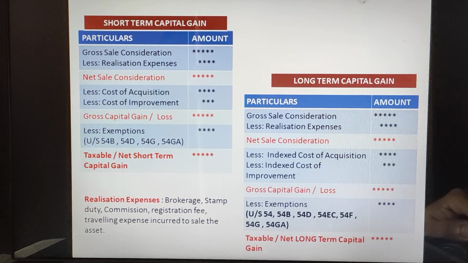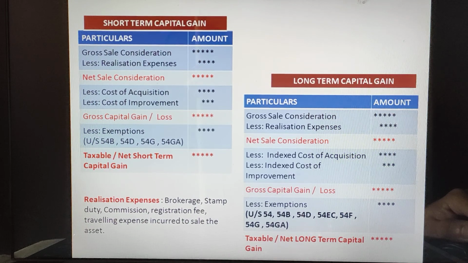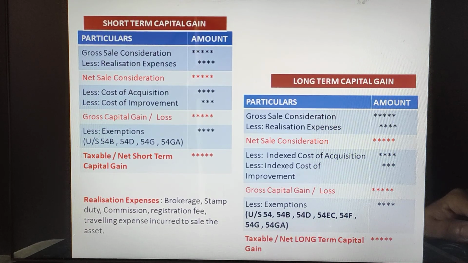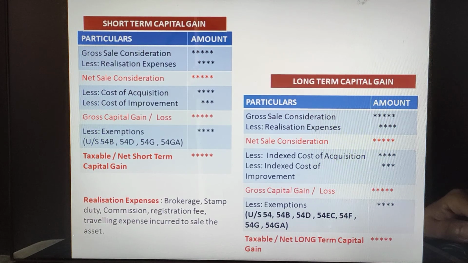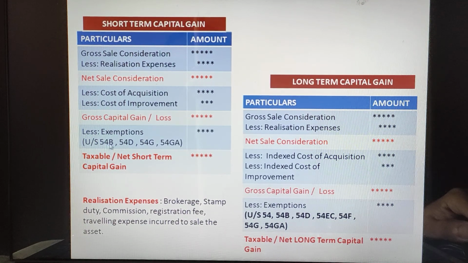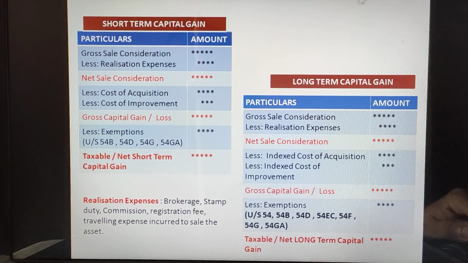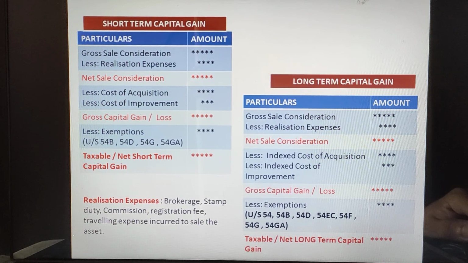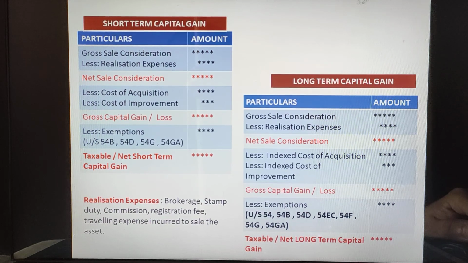Anyhow, we have declared it as a short-term asset. And fourth is new land or building should be purchased by you, and that should be used only for industrial purpose, within 3 years of you receiving the payment from the government. So if this condition is there, here you will write minus exemption under section 54D. What is the amount of exemption? Now take the example that you have deposited 1 lakh rupees in the capital gain account scheme, and the cost of new land purchased is 50 lakhs. So 50 lakhs plus 1 lakh, 51 lakhs.